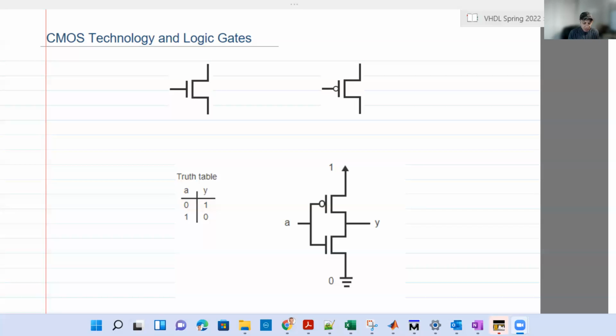It all starts with simple transistors, which are the NMOS transistor and the PMOS transistor. So this is the NMOS transistor, and this is the PMOS transistor. We don't need to know the internal structure. This is part of another course, the analog circuits. But anyway, there is NMOS, there is PMOS, and here are the symbols for both. So we just need to know what's going to happen if you put